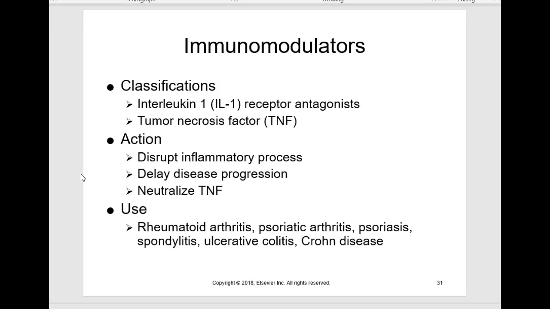They're used for rheumatoid arthritis and some of those other types of autoimmune disorders that we can see in our patients. The prototype medication that you need to know for an immunomodulator would be infliximab. So if you have a patient who's going to be beginning infliximab, we'd want to get a baseline CBC and renal and liver function tests to see where their levels are at prior to starting the medication, and then we'd want to continuously monitor that while the patient is being treated. With infliximab, the patient can expect their pain to be reduced within 12 to 24 hours and inflammation to be reduced within 1 week. The patient will need to have a TB test prior to initiating the infliximab therapy,